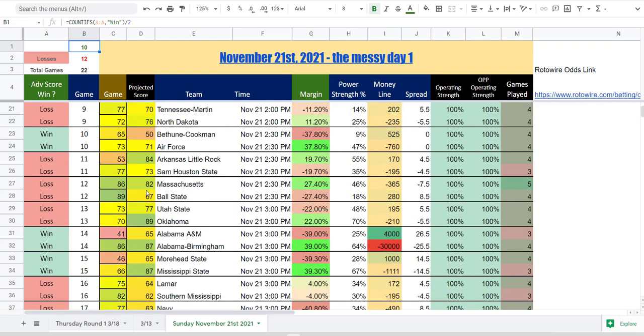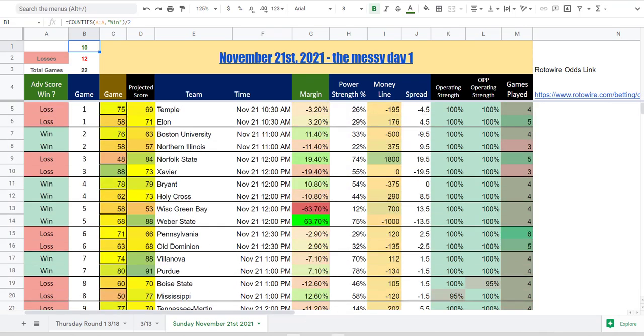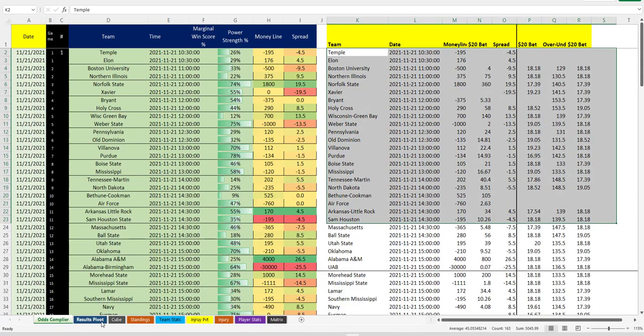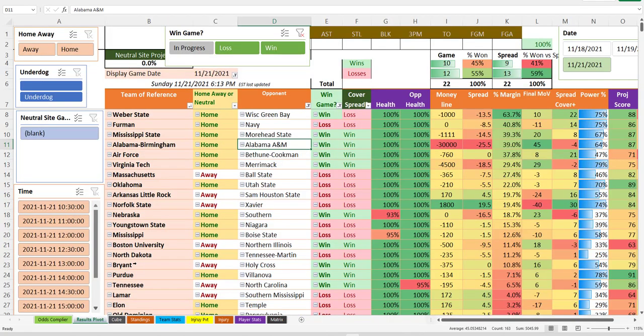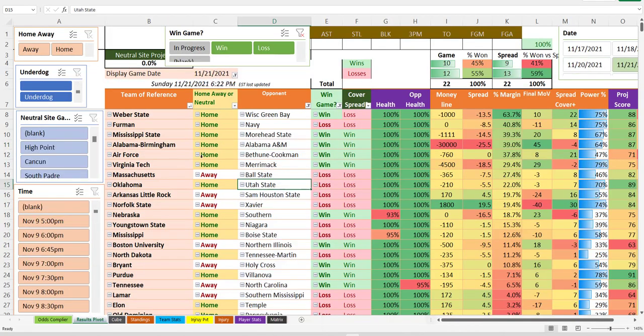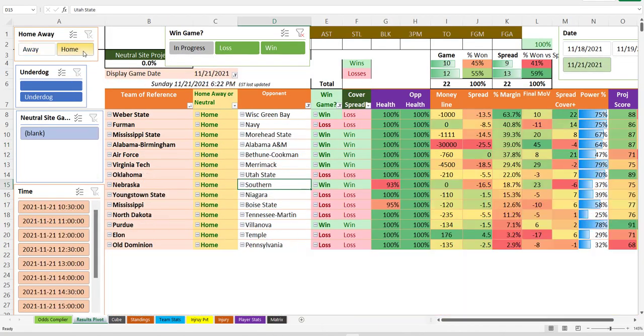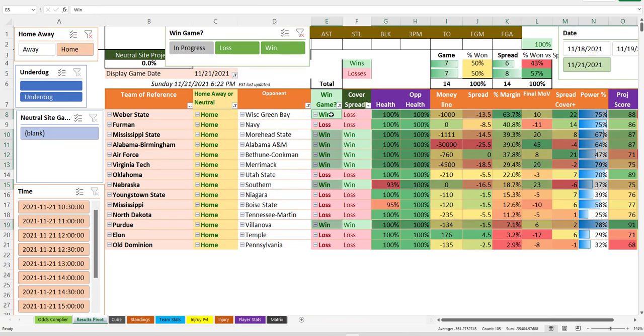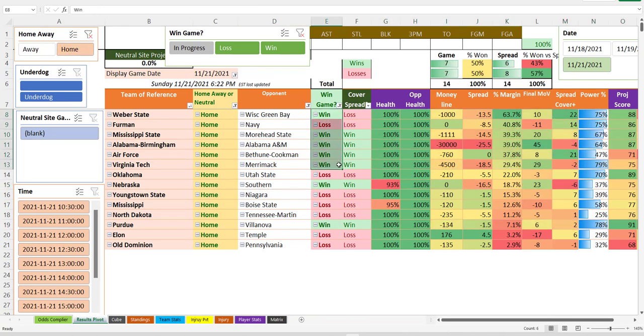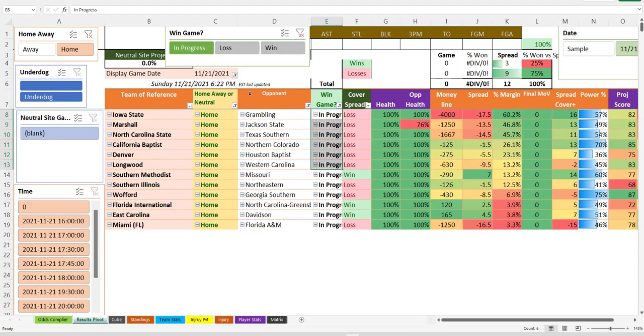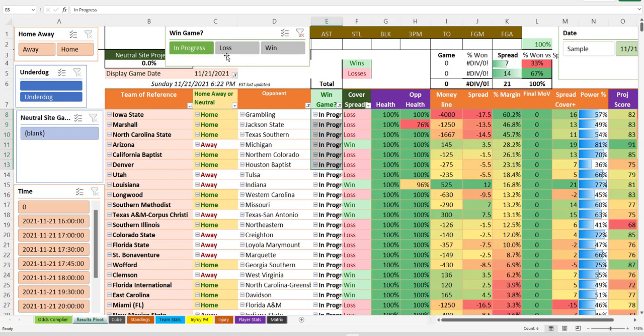You can see we're not having a good day so far. But I noticed the home teams, when I redid this, and I think it's clean now, except for Furman, we've hit 5 out of the top 6 so far. And what do we have in progress? A bunch of junk in progress. I don't know. It was a mess today.